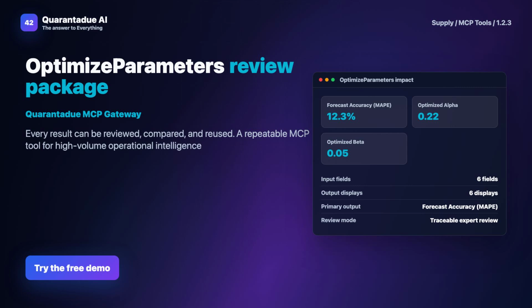To close, OptimizeParameters offers a powerful way to enhance your forecasting by automating hyperparameter tuning. It saves time, reduces human error, and improves accuracy with supply-specific intelligence. If you're ready to take your demand planning to the next level,